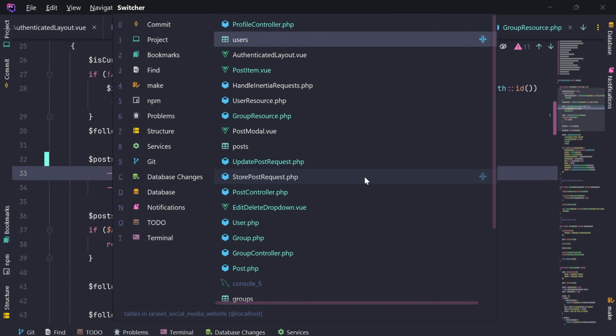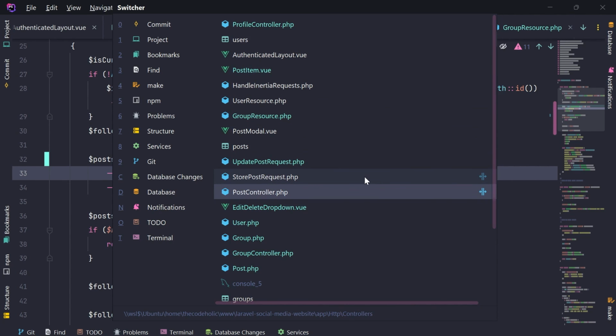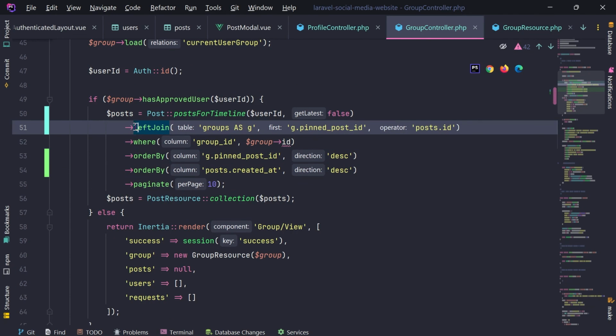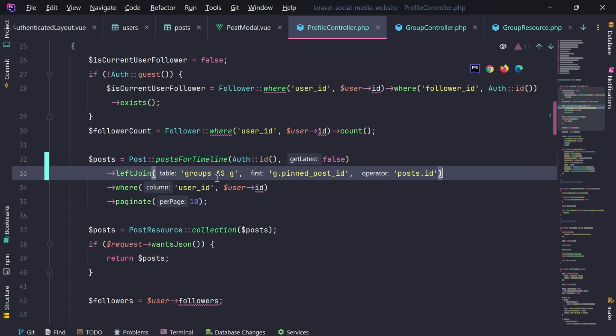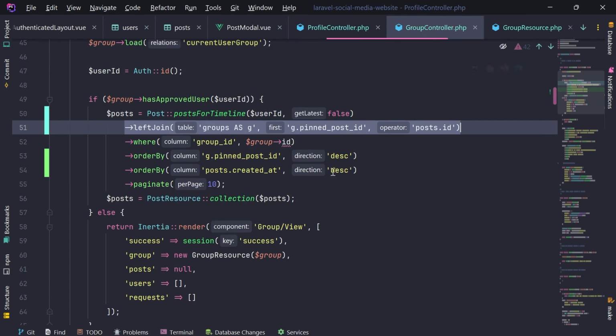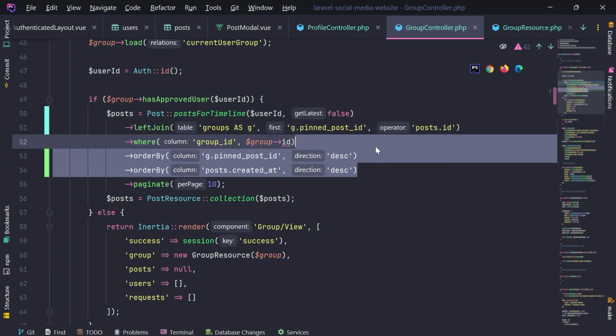We need to join two users. Let's go into group controller, and just like we did this join on the groups, we need to do this join on the users as well, where users pinned post ID equals post ID, and then we need this order by,